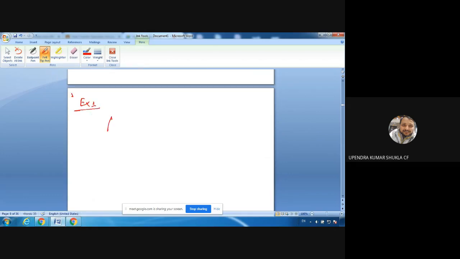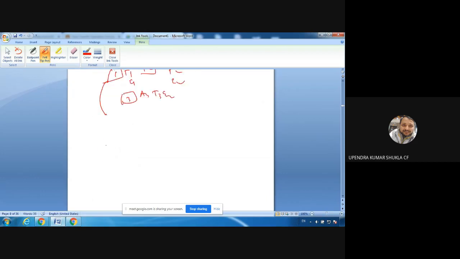We have three surfaces like this, like this, like this. Their properties are area A1, temperature T1, emissivity epsilon 1 for surface 1; A2, T2, epsilon 2 for surface 2; and A3, T3, epsilon 3 for surface 3. How will you draw the circuit diagram for this? First I will just take these surfaces, and now I will draw a railway line. So this is A1, this is A2, and this is A3.